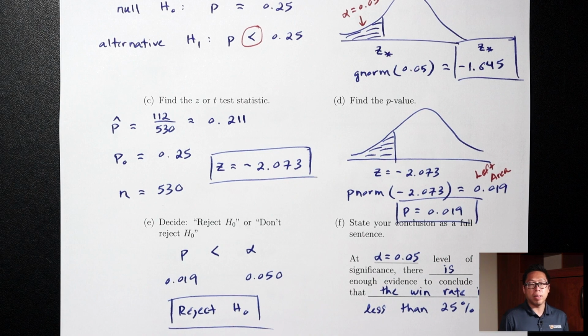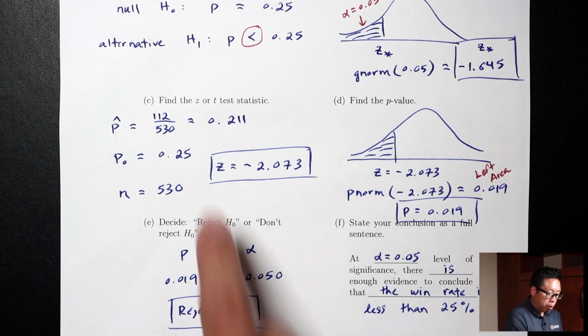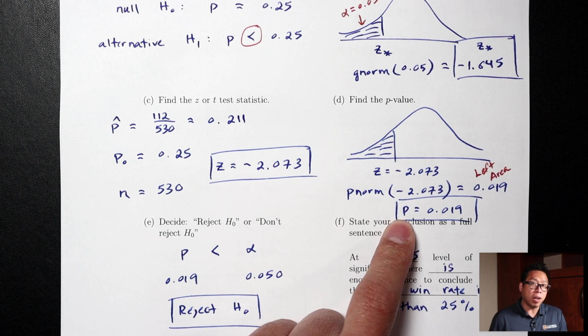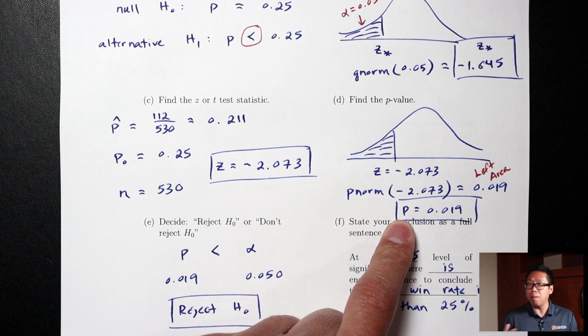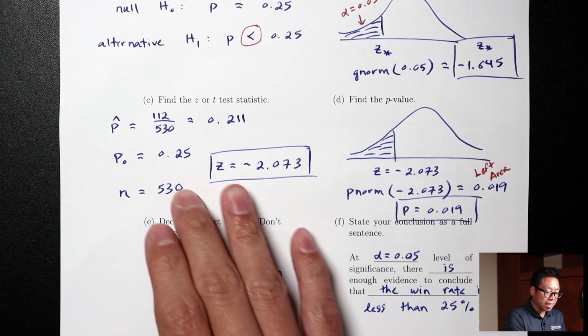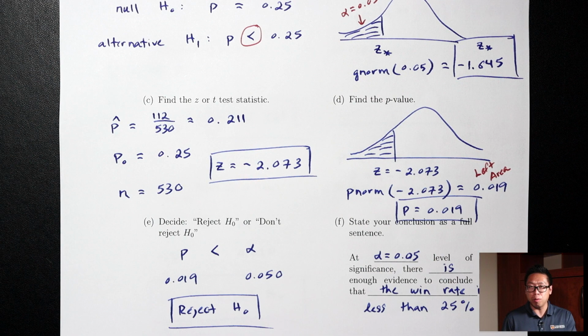Before we move on, let me point out one thing. Part C and D together, where we're looking for the p-value, this is something that we've already done when we talked about the normal distribution. So we're looking for a p-value at the end of the day. So p-value is a probability, and probability, you should think area. So part C and D is really an x to area type question that we were talking about when we talked about the normal distribution.